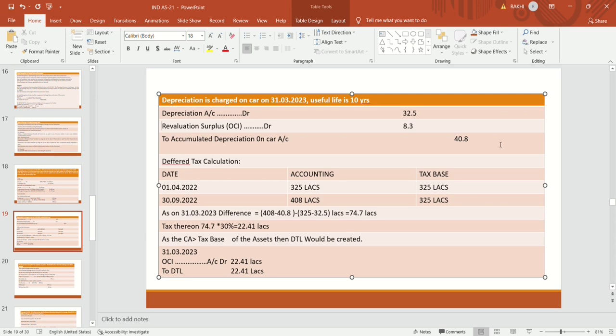Now we will make the deferred tax calculation on 31st March. As per accounting, based on the date of transaction, the WDV of the asset as per books of account will be 325. The carrying amount of the asset is 325 and the tax base is 320. On the revaluation date, the carrying value of the asset in the books is 408 and the tax base is 325 lakhs, because the revaluation effect is not given in the Income Tax Act. As on 31st March 23,